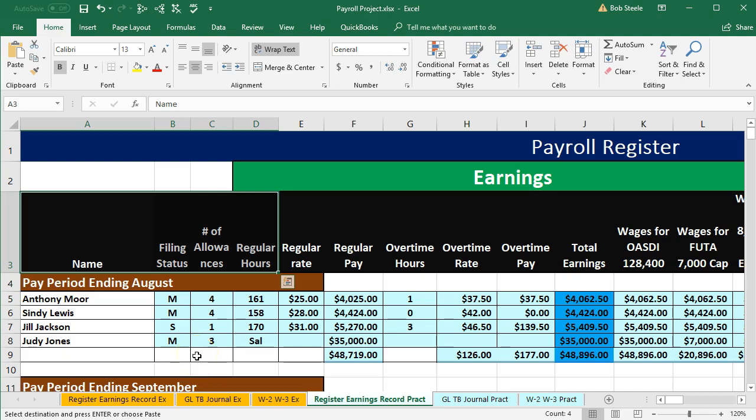In this presentation, we will continue on with our comprehensive problem for the payroll register, going to our second pay